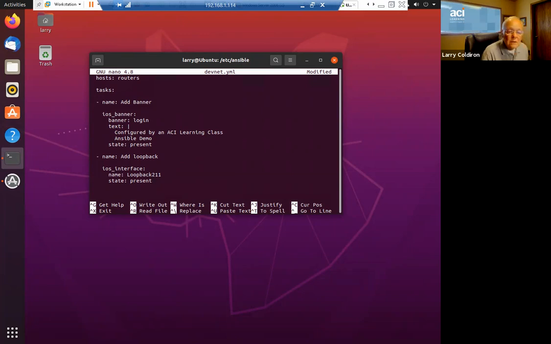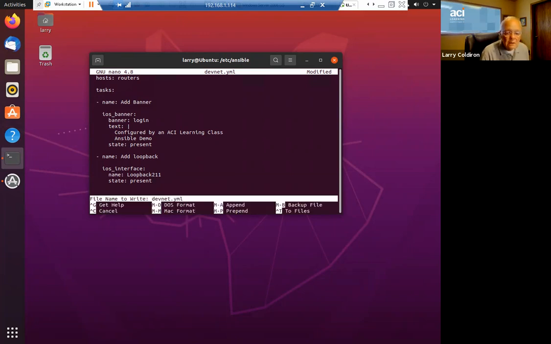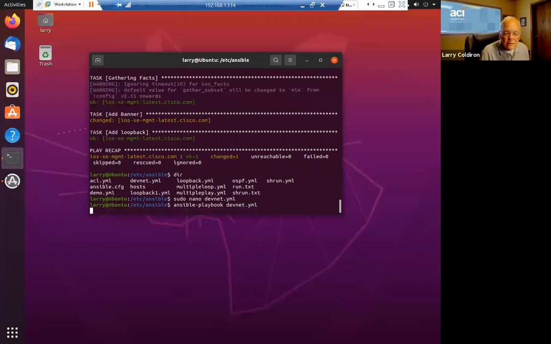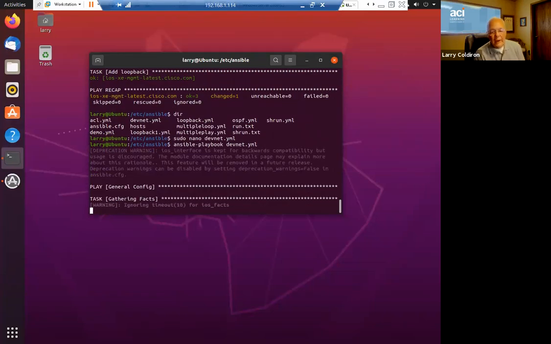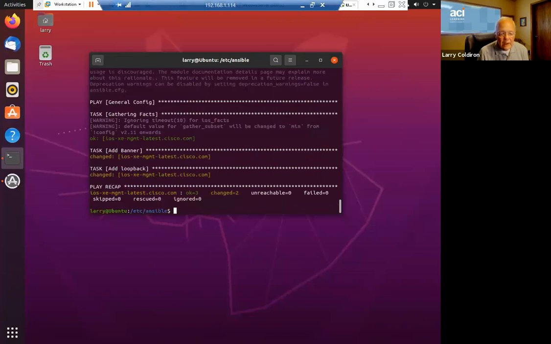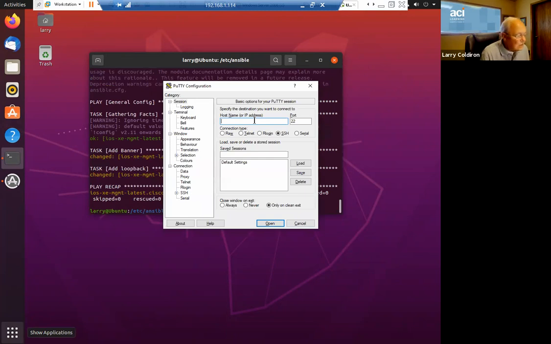And then with any luck, we could go into the Ansible playbook, and it is devnet.yaml, because at least it didn't throw me out a minute ago when I tried that. Ignoring some stuff. The task says that we got there, add a banner and add the loopback, says that it is done. So let me get a PuTTY going here, and let's try to SSH to that location,